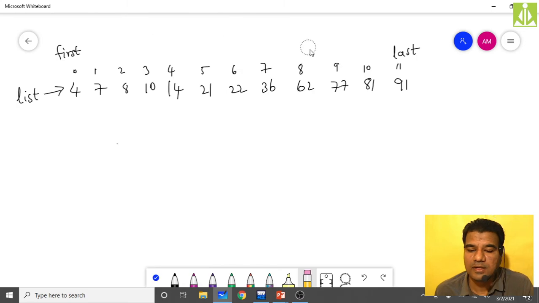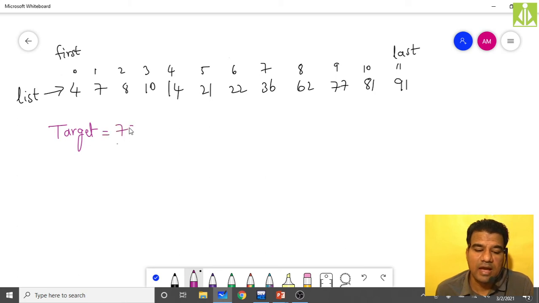So let us say my target this time, I am looking for 79. I am looking for 79 in the list, and by seeing that only we can say that the target is not there in the list. But how do we conclude?